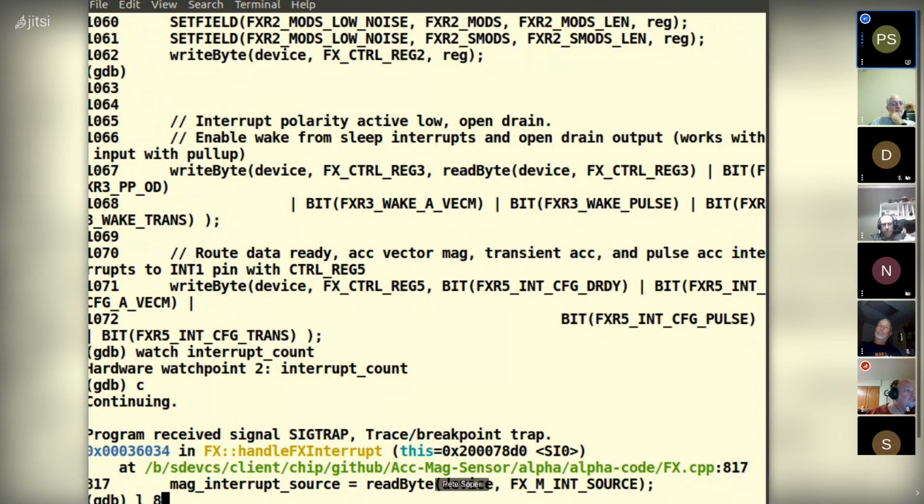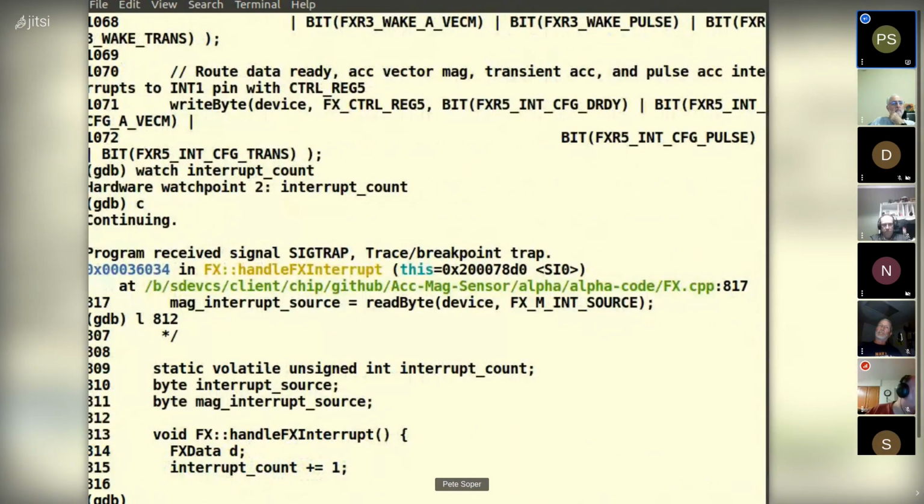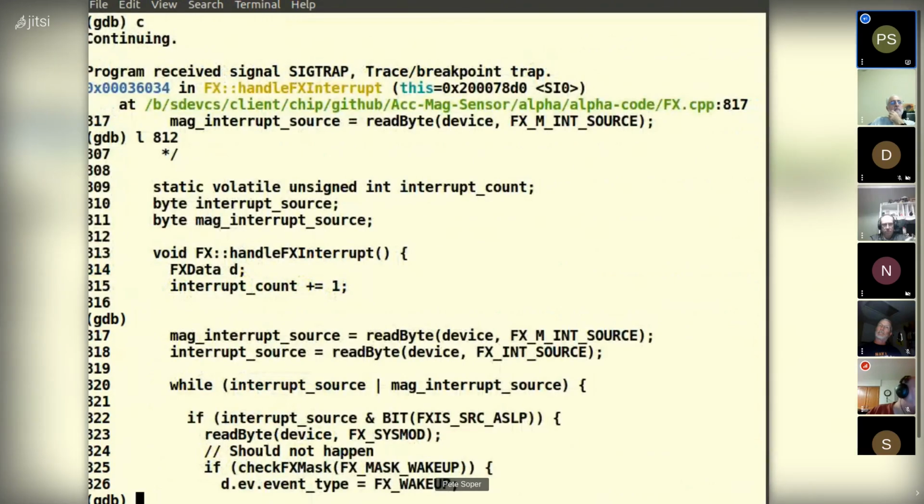And if we do a list a little bit ahead of that, there is the statement immediately before the one that we're shown. And oddly enough, it's an increment of global variable interrupt_count. Again, it's sweet. This is a very, very powerful feature that can save you enormous amounts of time for certain kinds of bugs.